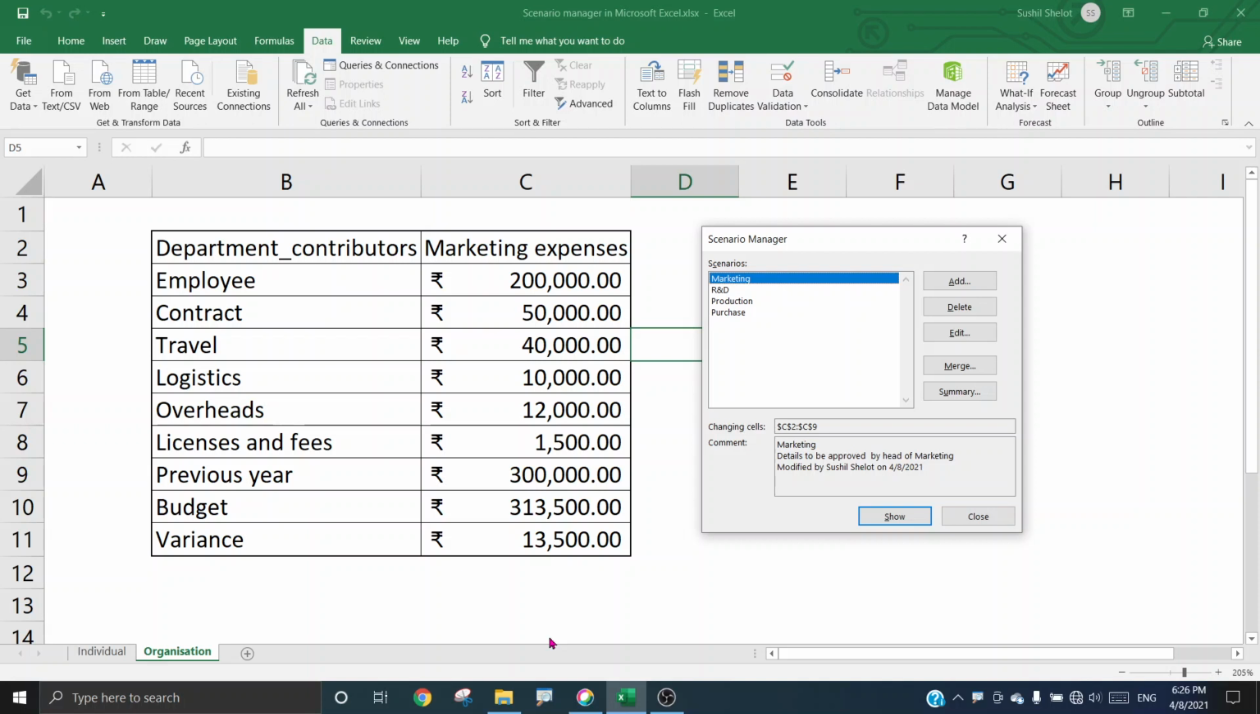So if you see, the employee expenditure is 2 lakh rupees here, contract is 50,000, travel is 40,000, logistics 10,000, overheads 12,000, licenses and fees is 1500. Previous year the target was or the planning was 3 lakh. The budget for this year turns out to be 3 lakh 13,500. That is nothing else but the sum of these cells,